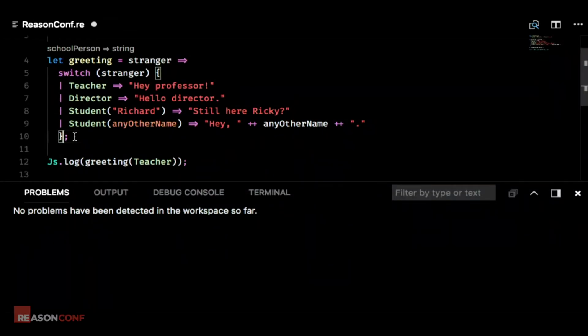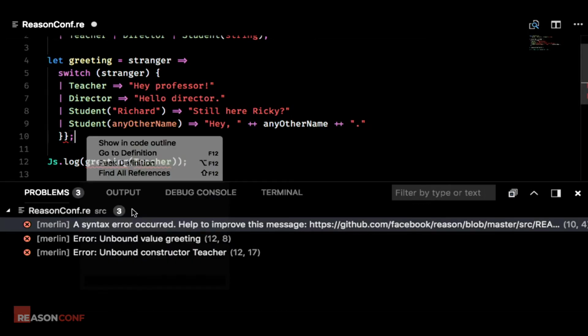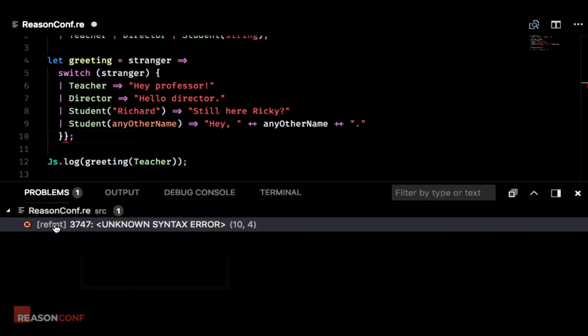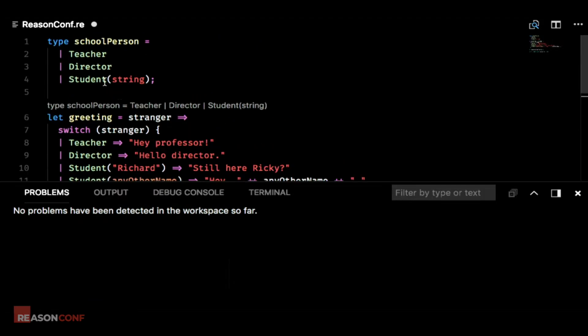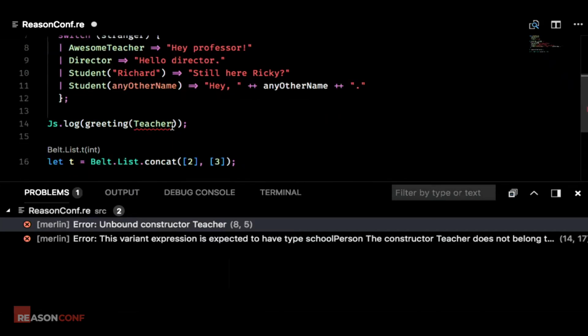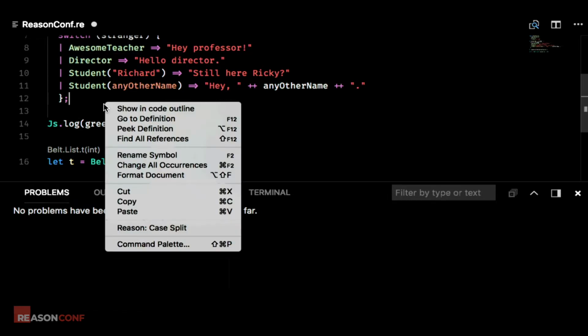Here, for example, Merlin is failing. Now I'm trying to format. I see the Reformat syntax error from here, so I know exactly where it is happening. Now I can reformat properly. Now I'm going to rename this variant to awesome teacher. Okay, Merlin says everything is okay, but then if I save the document,